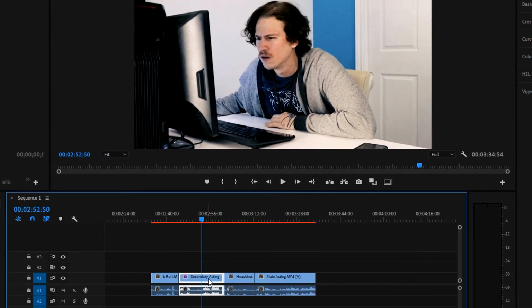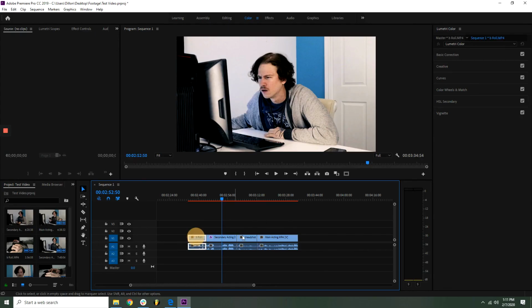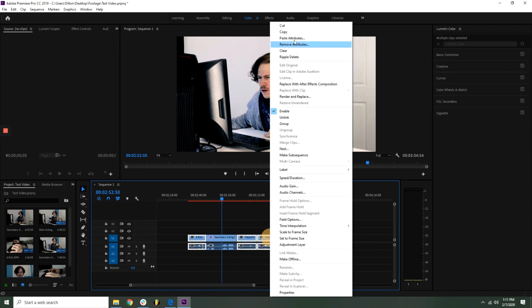And our next step is just applying that color to everything else if our footage is shot in the same place. So that's very simple. We're just going to right click the footage here, copy, and that will copy every single parameter on the footage, including our color. So we can now click on all the footage and we'll hit shift and we'll pick all the footage that we want, right click,